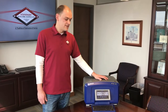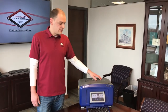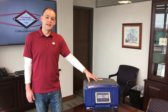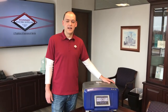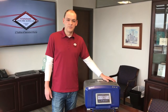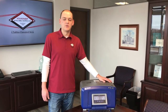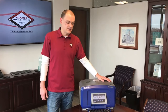So it more or less is a one-stop shop for your safety identification. You can kind of intertwine this if you want to do an overhaul of your lockout tagout programs. Now that's something Standard has been progressing into as we go forward, is the lockout tagout. We work closely with Brady to ensure that companies are totally compliant with OSHA regulations with lockout tagout, confined spaces,